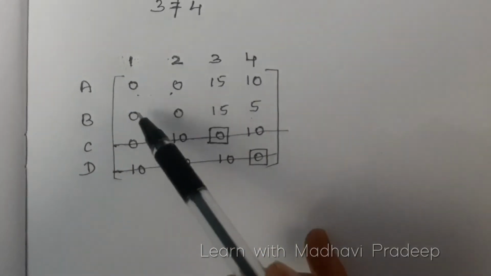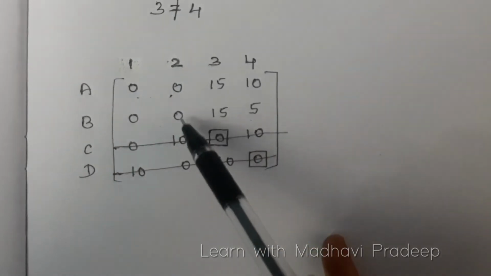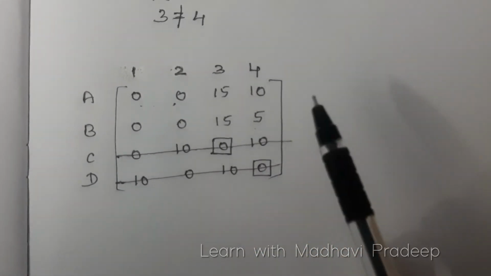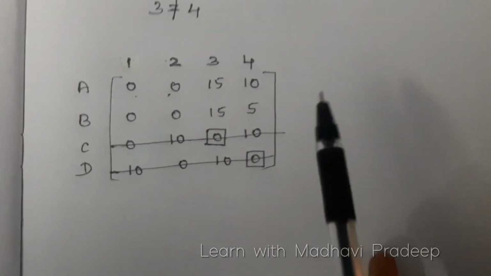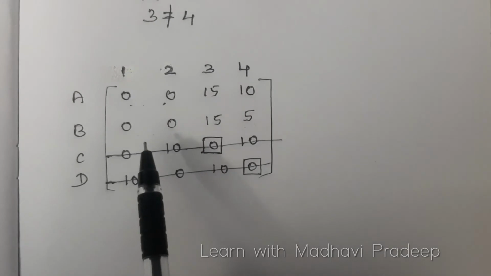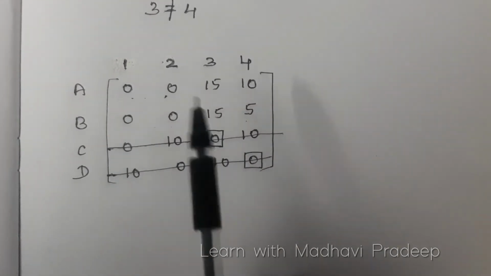Check in the first column whether you have 1 zero. No, 2 zeros. Skip. Again you check in the second column whether you have 1 zero. No, we have 2 zeros. Skip it. So after proceeding with row scanning and column scanning again and again, there is no single zero here. So we are not able to cancel. Then what we have to do, we have to apply the diagonal method.